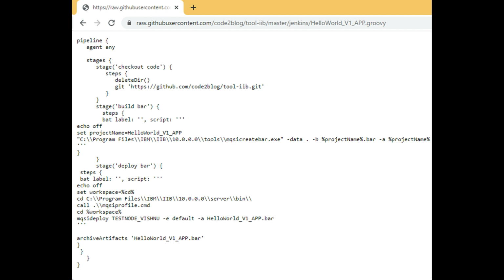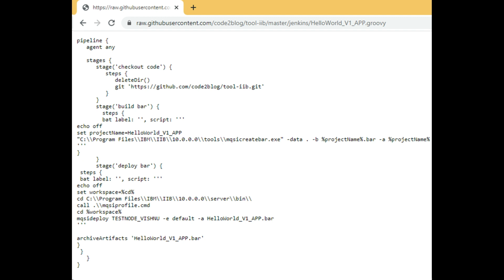It's not that complicated. You can use a sample, and from the sample, you can just modify the parameters related to your project, related to your broker, and then try a test. You don't have to learn something new. You just have to attempt a few times and you will get it.